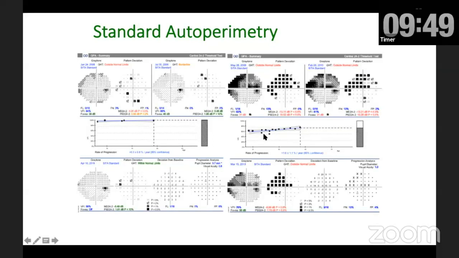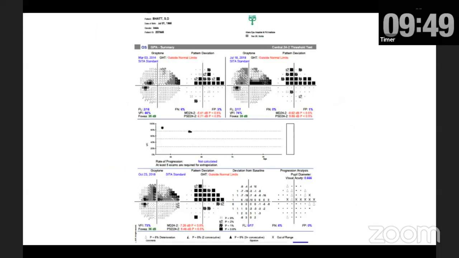And you can see that both times the result improved, either because the patient was in a better state of mind or for whatever reason. And over years, you can see that the field defect is not only stable, it is actually looking better because he's learned to do the test better. So that is very important: you clinically correlate and make sure that before you label a patient as having progressed, you have re-evaluated that you're really dealing with a change in the field test.